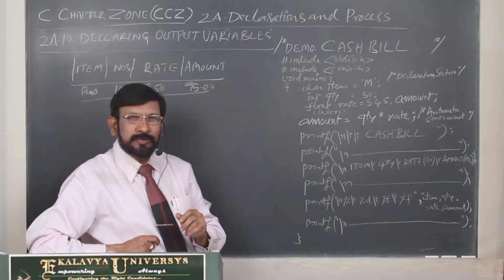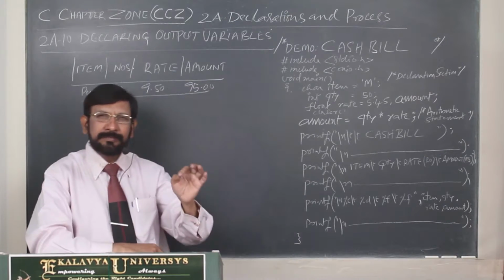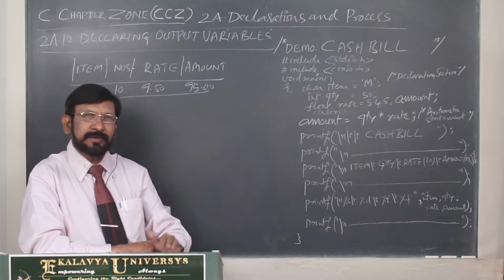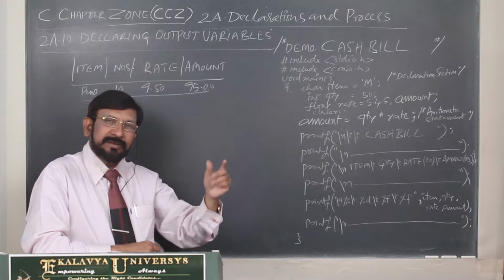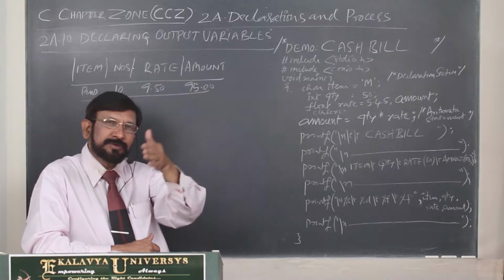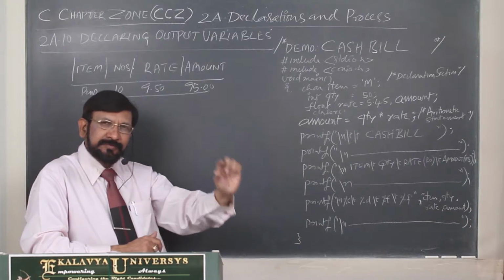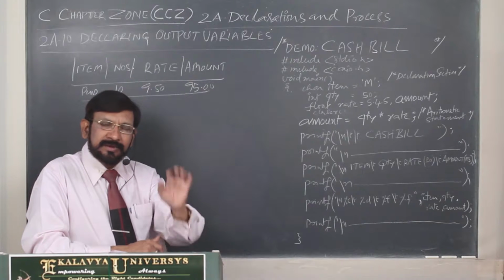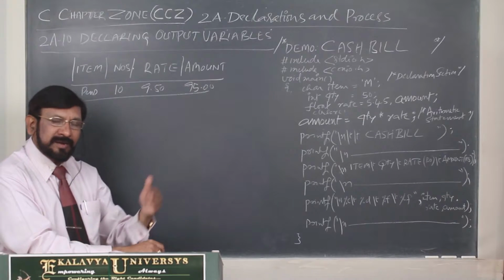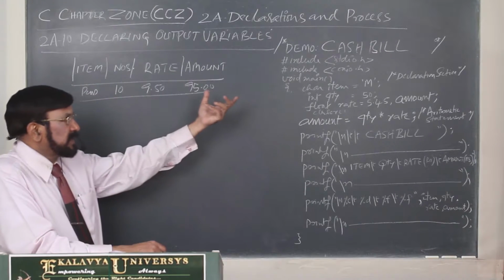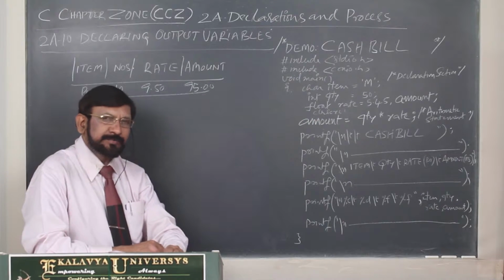Already many times I told you, first, element wise we have to understand the concept and we perform the applications on that. Then our knowledge is transformed into skill. First we have to learn each and every element in the subject. It is like a tool in the toolkit. After that, we come to real life applications. This is a small real life application, a cash bill. Now we have to write a program to print a cash bill.